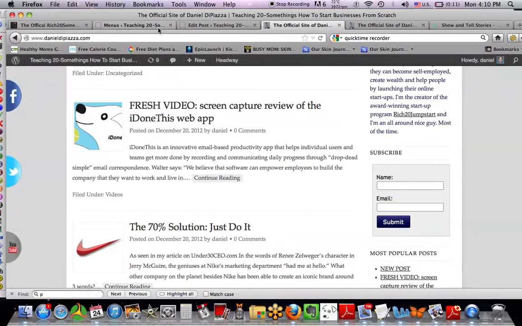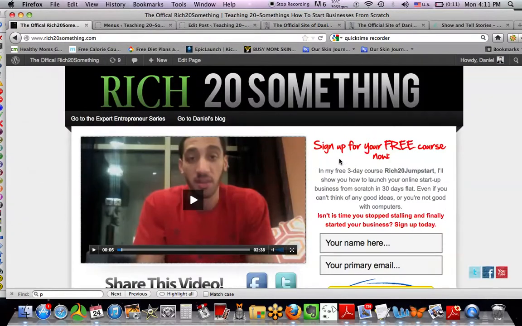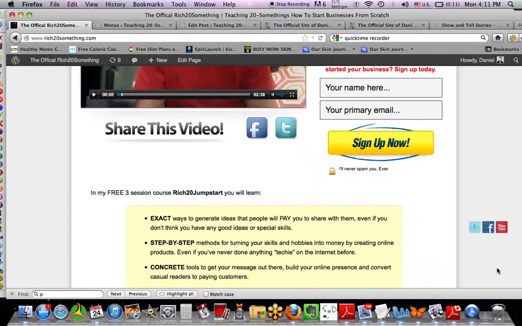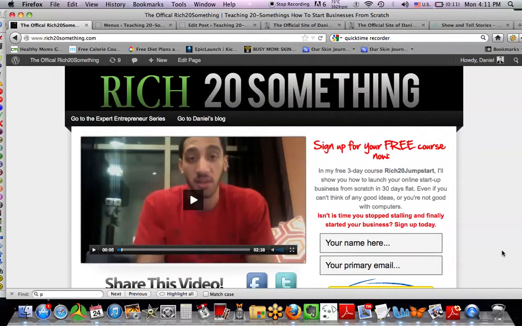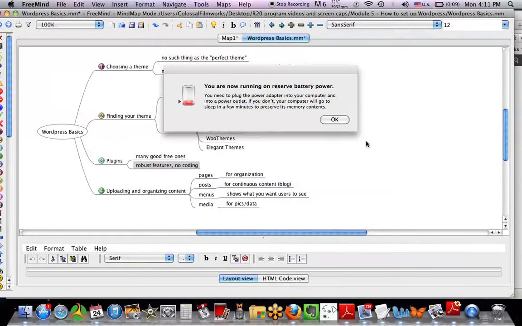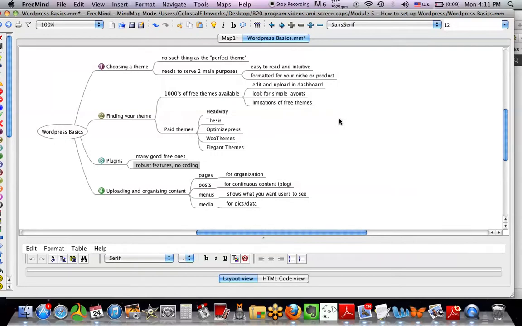And then I get a little bit fancier with the Rich 20 thing. I have a little plugin that does this thing down here where it flies down there and it follows you. You can see this little social media box follows you, but that was free also. So nothing too serious there. Oh, I'm running on reserve power. And yeah,